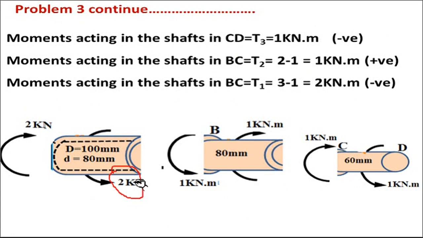Okay. How is it 2? Actual acting is 3, I have written here. And to balance this, at this end it is anti-clockwise, which means here it is clockwise 1. This clockwise 1 is applicable to 3. From 3 if you deduct 1, you will get 2, and that 2 will be in the anti-clockwise direction. So that's why I have shown this 2 anti-clockwise. These are the actual torques acting in individual sections.